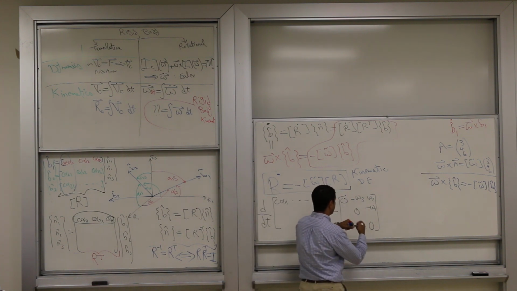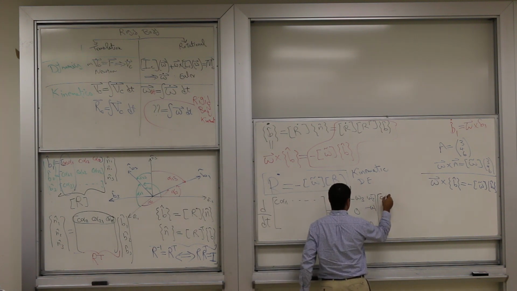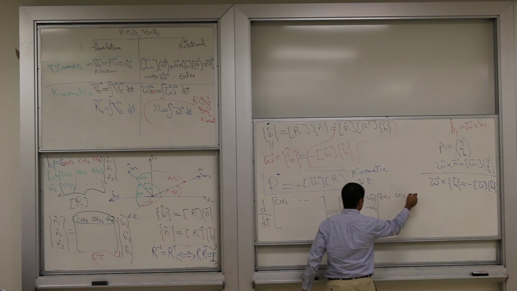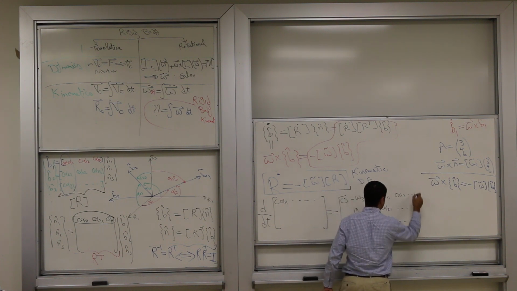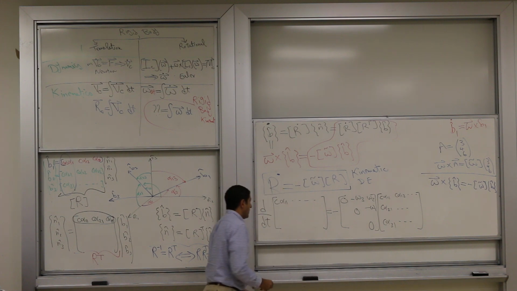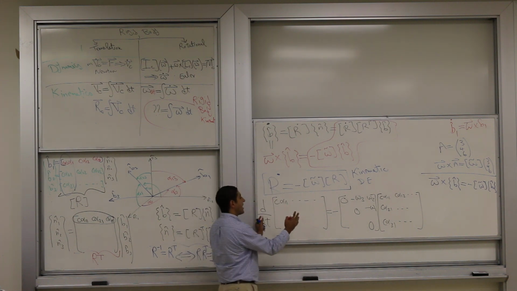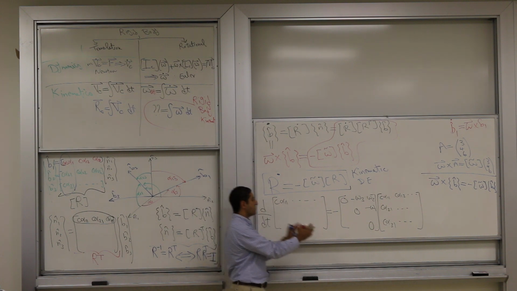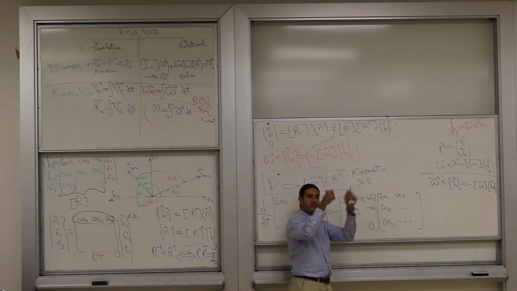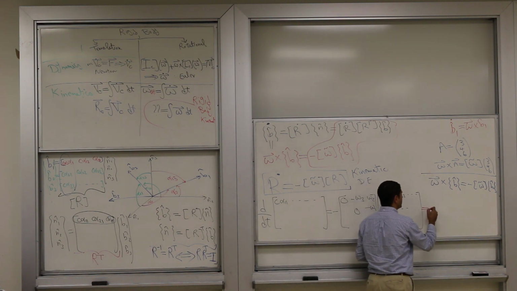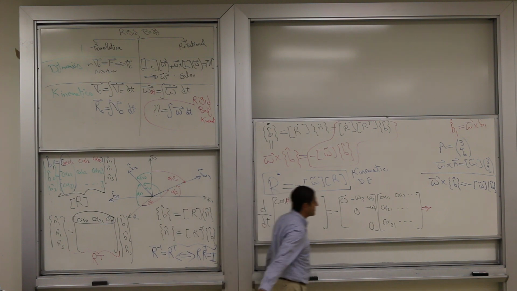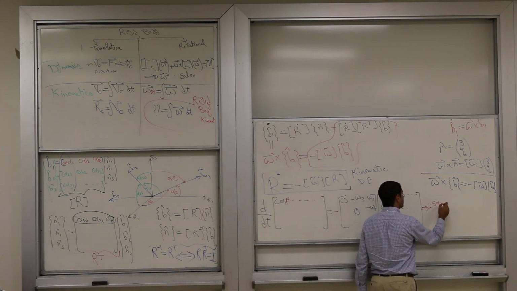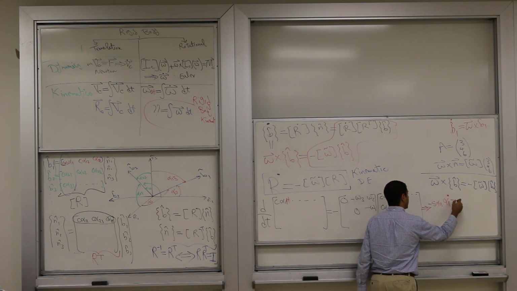Negative omega tilde times R, so I'm going to multiply this guy by R, which is cosine alpha 1,1, cosine alpha 1,2, and so on, cosine alpha 2,1, cosine alpha 3,1, and so on. And we equate. I have here on the left-hand side a matrix, so 9 elements. When you multiply these two guys, you also get 9 elements. We equate it element by element. So let's equate the first element, 1,1. From here, it's simply d by dt for this quantity. This is a function of time, remember? So d by dt for cosine alpha 1,1 is negative sine alpha 1,1 times alpha 1,1 dot, equals